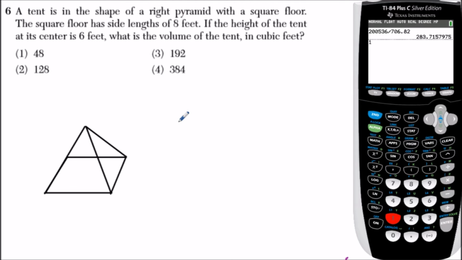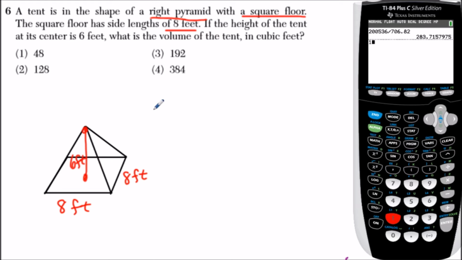Okay, for this question here, we're dealing with a tent in the shape of a right pyramid, and it has a square floor. So what I would do here is, this is not given to you, but just draw out a pyramid to the best of your ability and label the base. It's a square base, and each side is 8 feet long. The height of the tent is 6 feet. So if we label from the center of the square to the top of the pyramid as 6 feet,